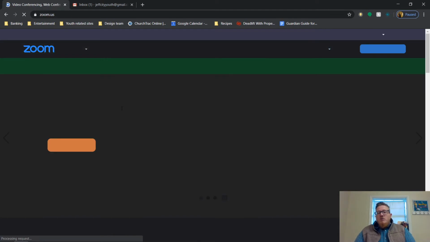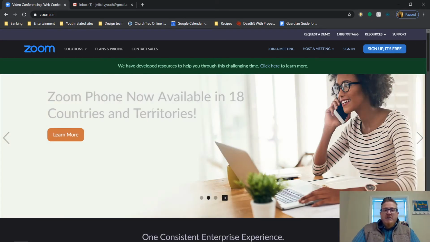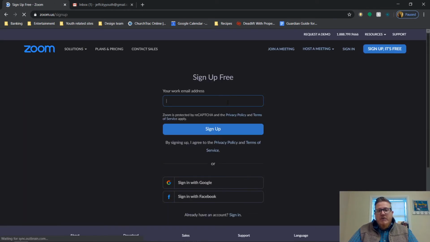So we'll click on Zoom Conferencing, and this is what the page should look like for you. It should have this little graph on the front, and up here in particular what we're looking at in the upper right hand side is this button that says sign up. It's free. So we'll click on the sign up, it's free, and now here things can get a little bit